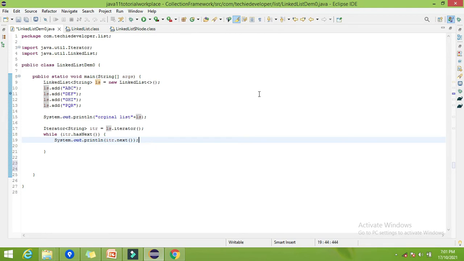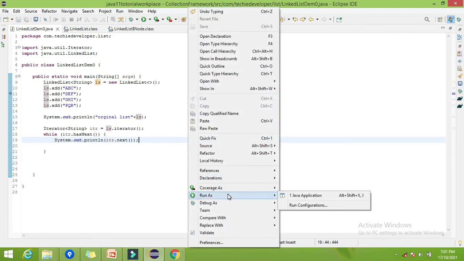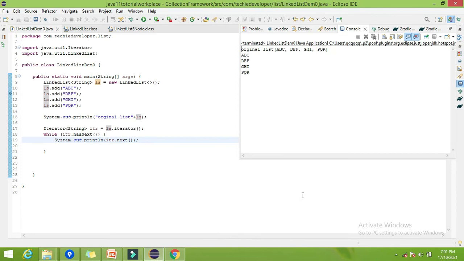So let's try to run this. Here you can find this is our original list A B C D E F G H I and P Q R. Now this is printed by our iterator. The order of all the elements is preserved, which means the insertion order is preserved. This feature is valid for our linked list.